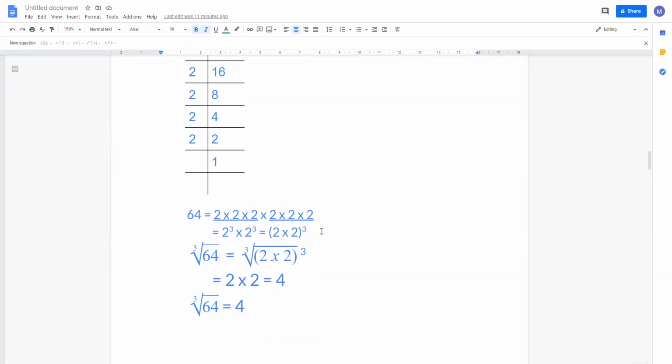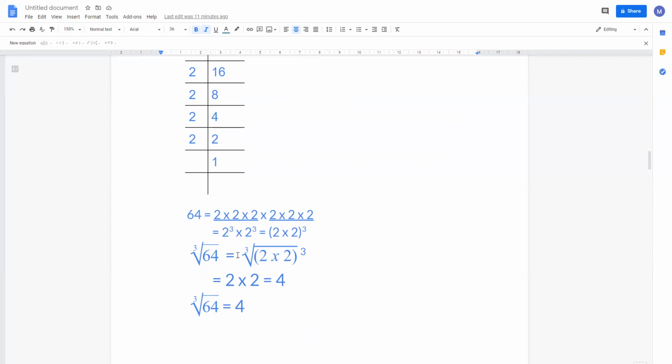Then what is the next step? I taught yesterday that three same factors together make a group of cubes. So the first three together I have underlined, and the remaining 3 times 2 together I have underlined. So 2 cube multiplied by 2 cube. Now both have the same exponent 3, so we can write (2 multiplied by 2) the whole cube.